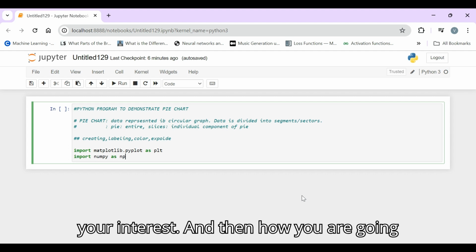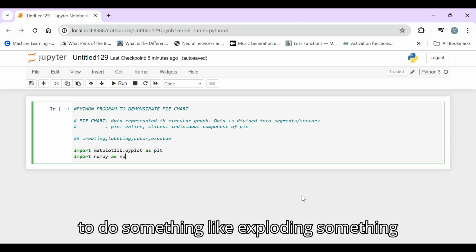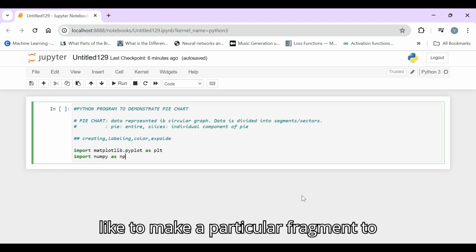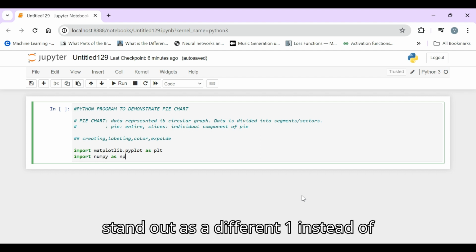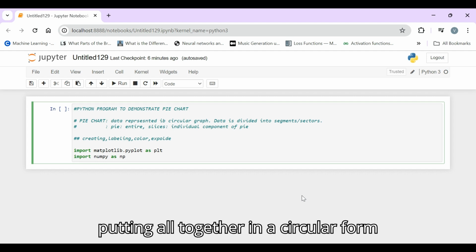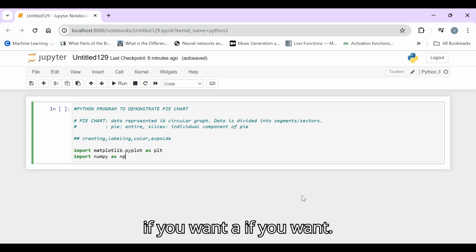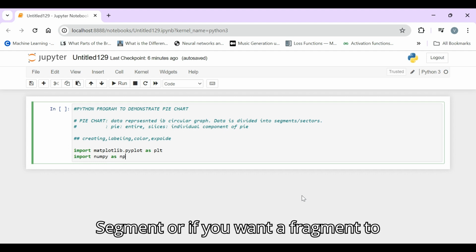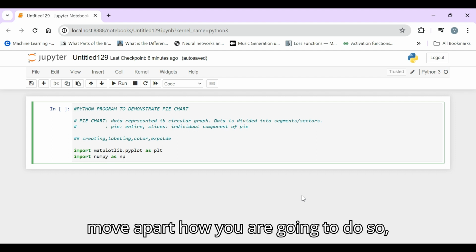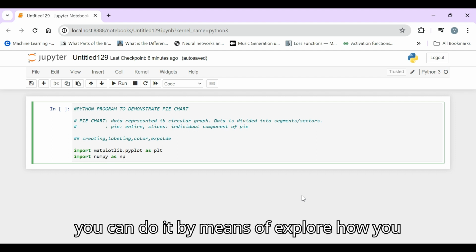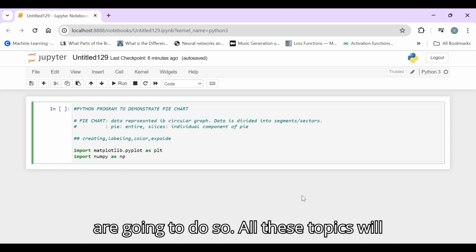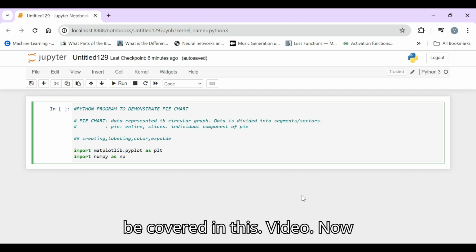And then explode, which makes a particular fragment stand out as a different one, instead of putting all together in a circular form. If you want a fragment to move apart, you can do it by means of explode. All these topics will be covered in this video.